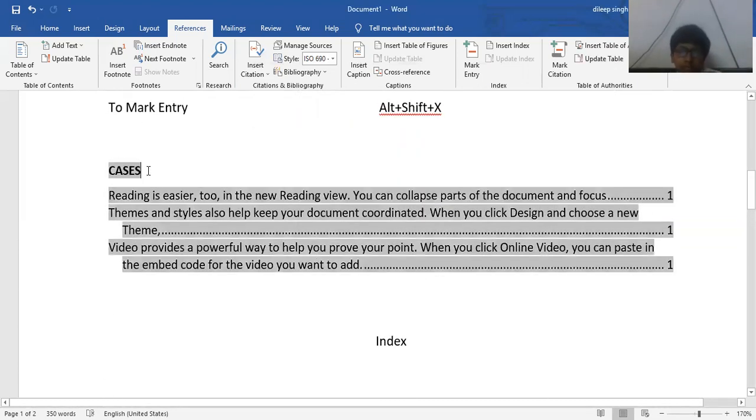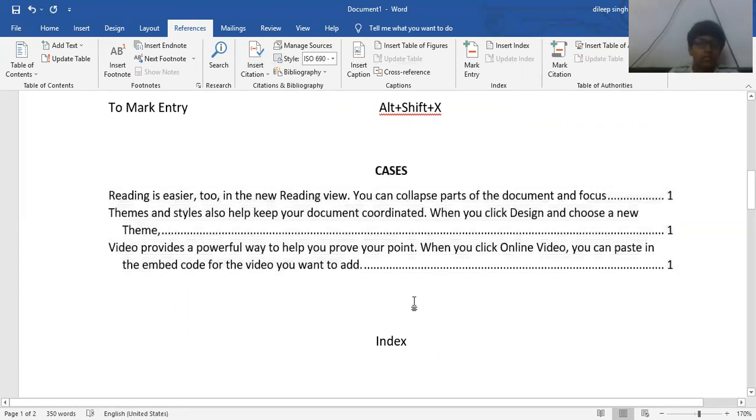You can see easily all the marked sentences come in that method, and by which we can easily observe the important lines with the page number, and we can easily find out on which line it is present. Clear concept?